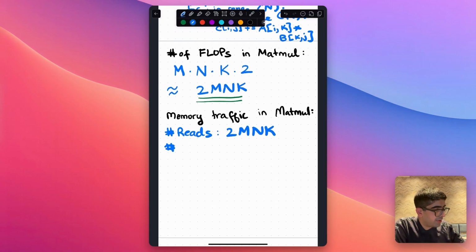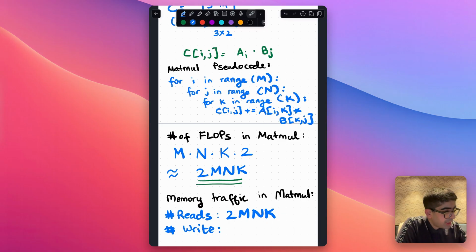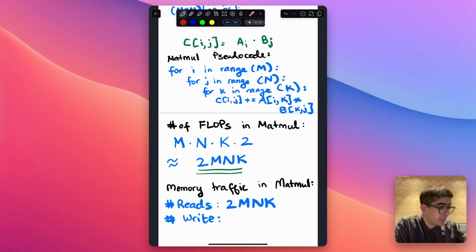Now, if we take a look at the number of memory writes, we can again come back to our pseudocode, and we see that we are performing one memory write, which is to C. We do this once inside the innermost loop. So basically, we do MNK writes. However, we saw that we can actually do a little bit better, and we don't need to write